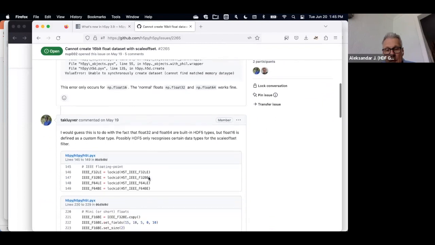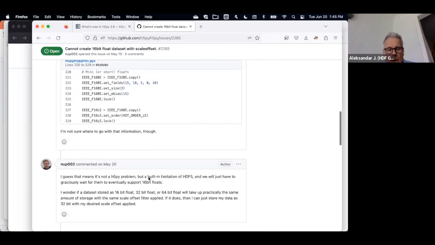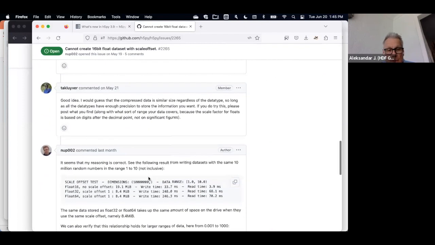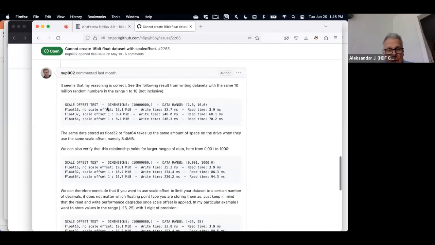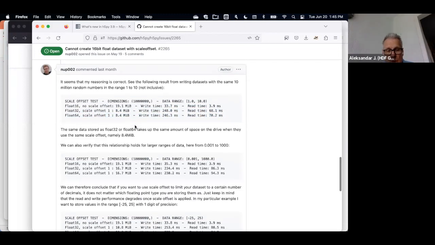And long story short, he did some actual benchmarking here, and he basically tried to use float16, float32, and float64, and compare them, storing them in an HDF5 dataset with no scale offset, and then with scale offset applied for a single decimal place, just one decimal place.